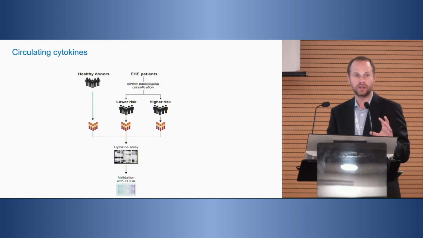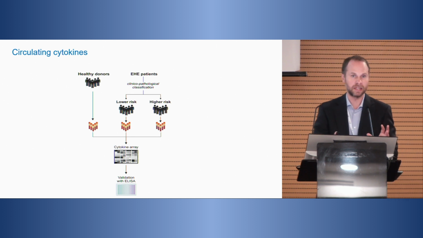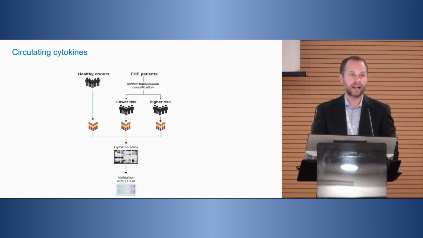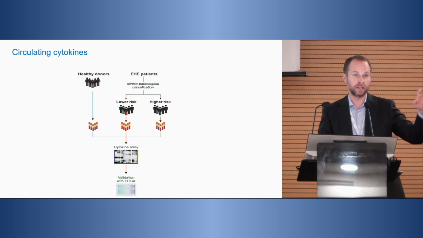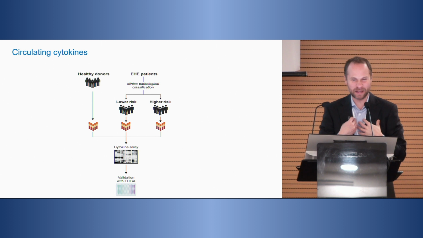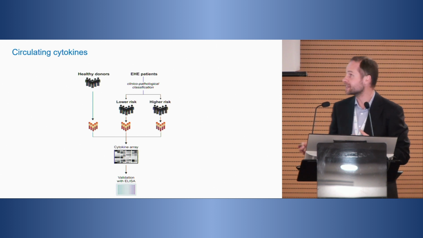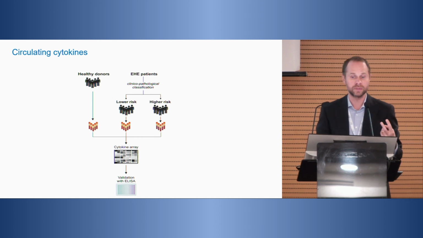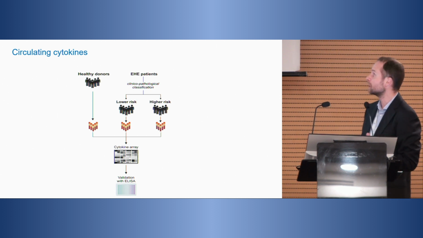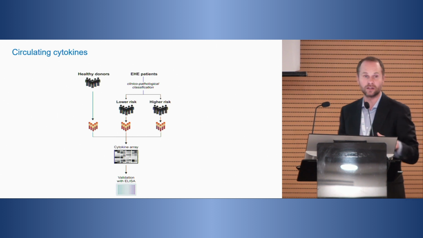So this is how it works in the very beginning of the study. It is important to have a cohort of healthy donors, which means people that, you know, come to the hospital to donate their blood, so they are not cancer patients, all right? So they are, let's say, normal people from the lab perspective, this is how we say. And then we classify EHE patients in two groups based on the evolution of the disease, mainly in a lower risk group and in a higher risk group. So we came out with 3 different groups of people, right?